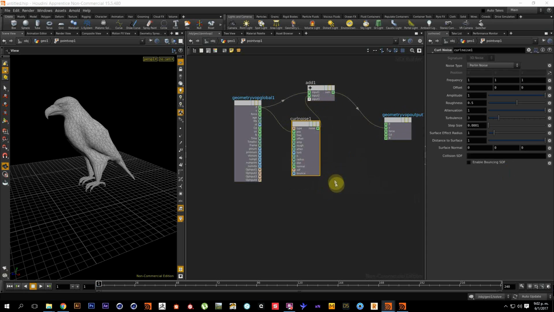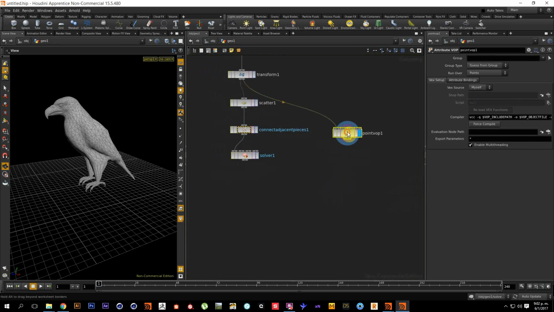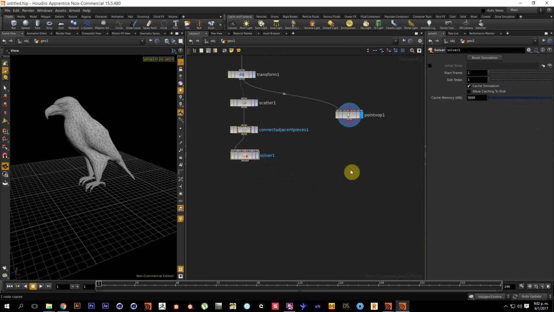And for the curl noise, we're going to change Perlin to analytic simplex noise, amplitude to 0.01, roughness it's okay. Press U to go back, and now we're going to copy the solver,